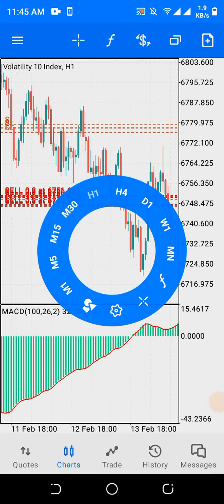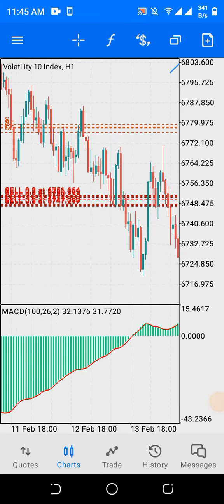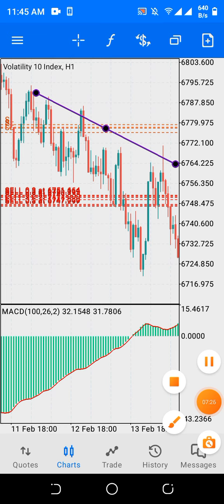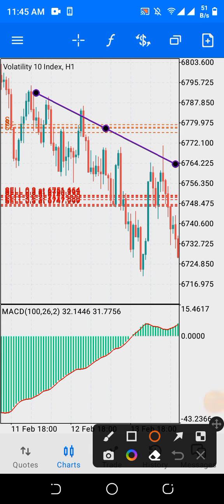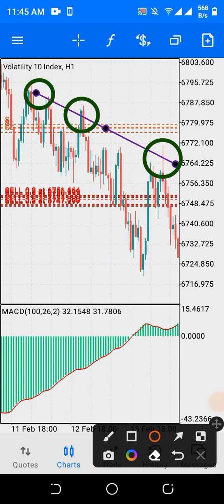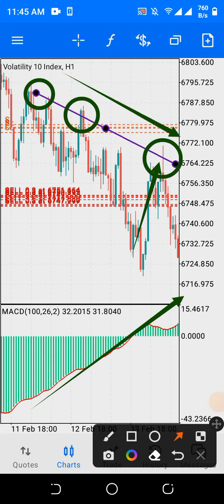Now let me use a trend line so that you understand. Look at it. You join these lines. Are you seeing the points? So using this concept of convergence, here is supposed to be your entry. You use this point to establish your trend line. Once the price hits back on the trend line, you enter sell. Look at the movement of the MACD upward. The price movement is downward. So this is what a convergence concept is.